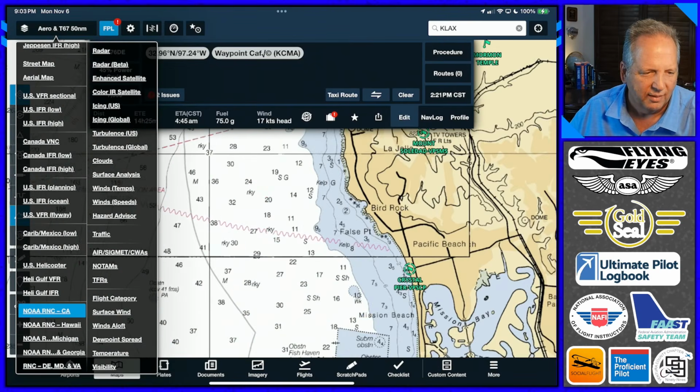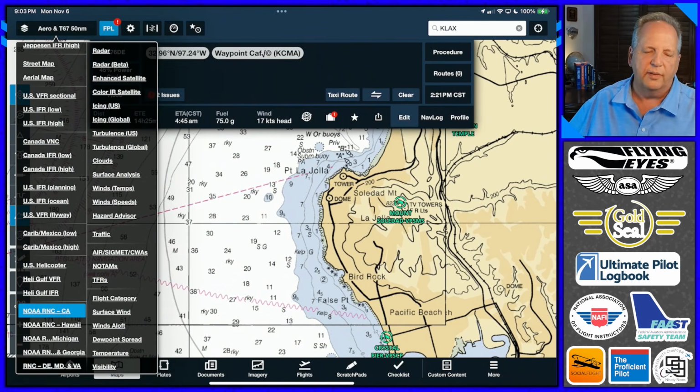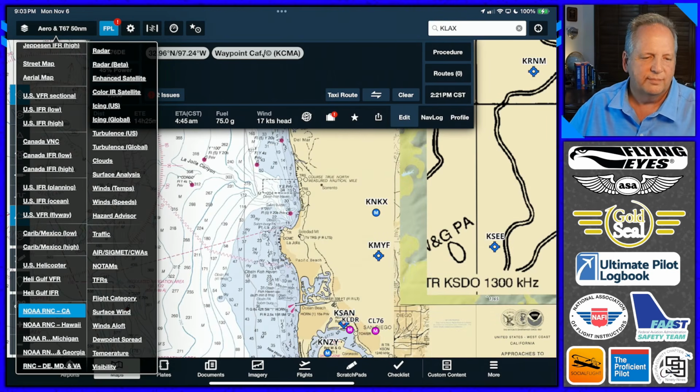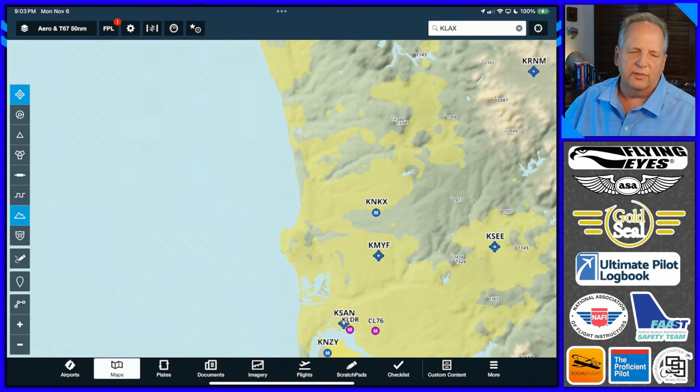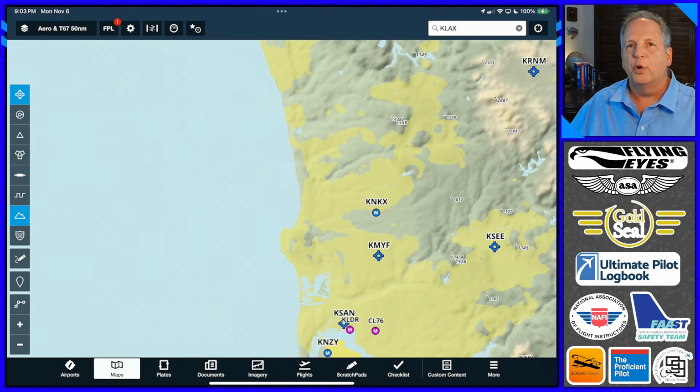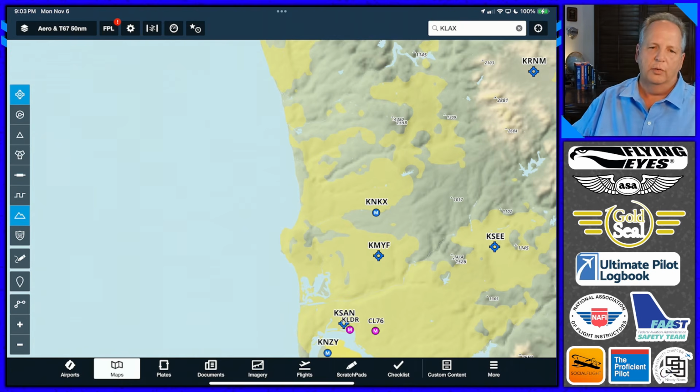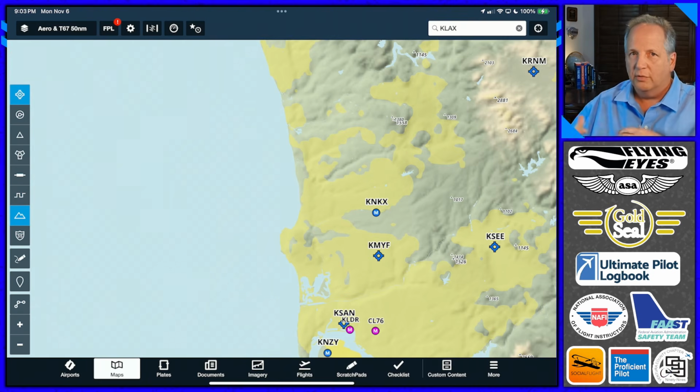Yeah, so anybody can make a layer, and they can include whatever data they want in there. And right, I don't know anybody who keeps a list of all the available layers. So no, I don't know that either. It would be nice to start, I'll start collecting them and putting them on my website as I find them. The restaurants layer was a great one. I would assume you could just Google custom map layers for Google Earth. Those are the ones that will work in ForeFlight.